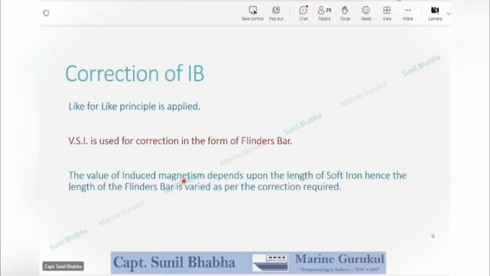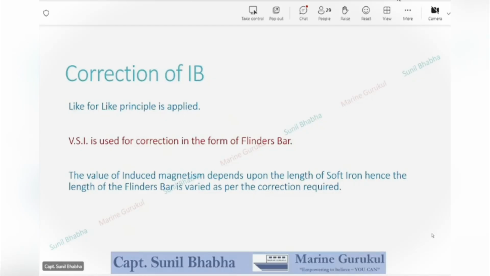The value of induced magnetism depends upon the length of the soft iron. Hence, the length of the Flinders bar is varied as per the correction required. Now, when we are doing a correction with permanent magnets, we can easily control the magnitude of correction by increasing or decreasing the number of magnets used. But what to do in case of soft iron or induced magnetism? The magnetism which will be induced is not in our control. It is dependent upon the magnetic field of the earth. So how can it be